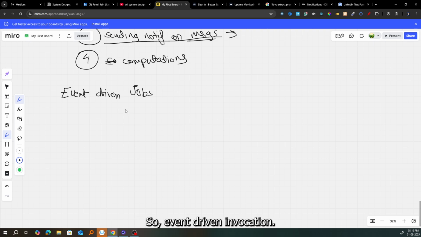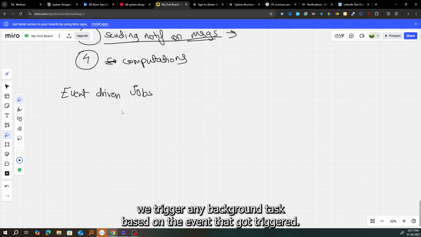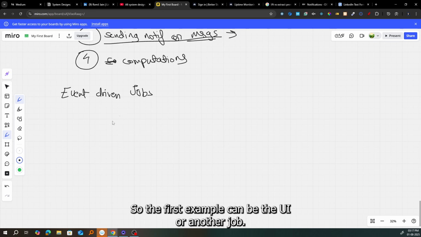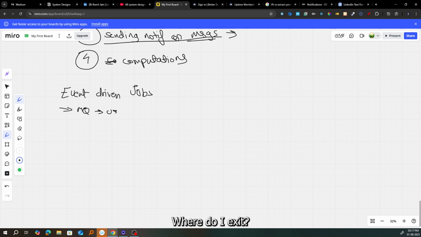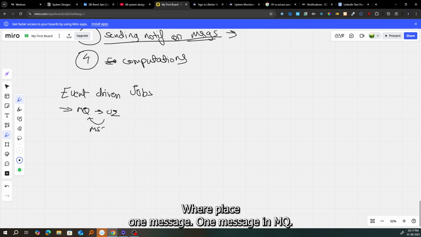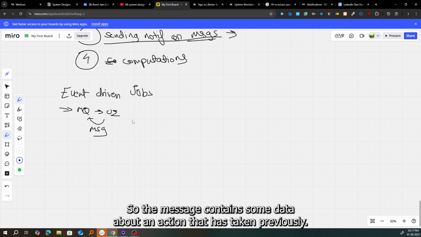Event-driven invocation uses a trigger to start the background task. Examples of event-driven triggers include: we trigger a background task based on any event that got triggered. The first example is the UI or another job places a message in a queue. You know how a message queue works, right? In MQ, the UI places one message. The message contains some data about an action that has taken place,